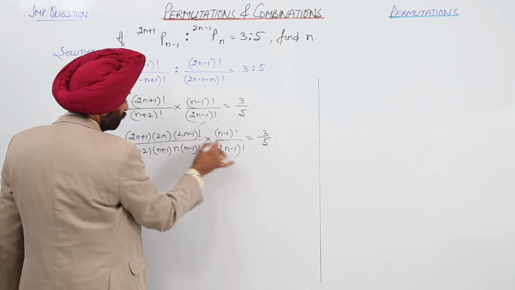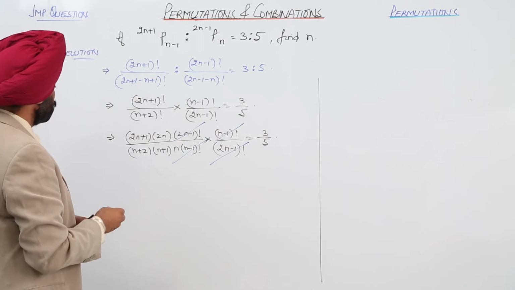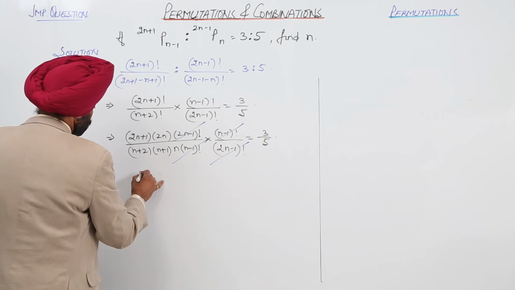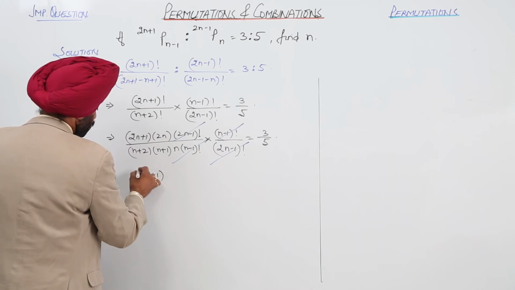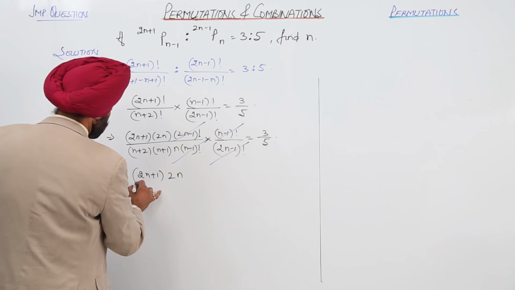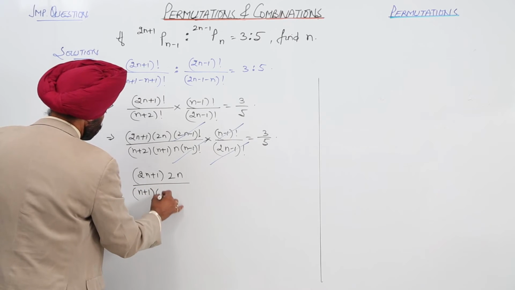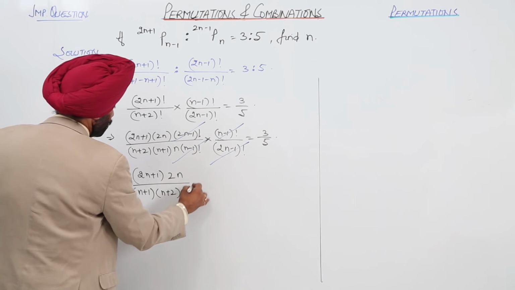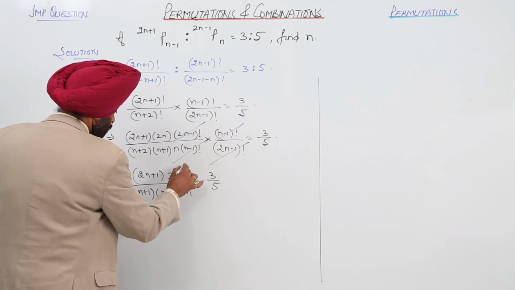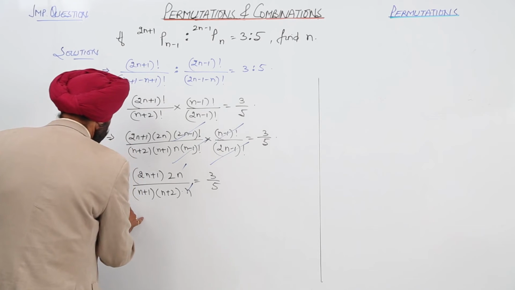So, 2n minus 1 and 2n minus 1 cancel, and n minus 1 and n minus 1 cancel. Okay. So, what is left? Now, we are left with (2n+1) is 1, then 2n, upon (n+1), (n+2) and n with 3/5. Here this and this also cancel. Is it clear? So, we are left with now